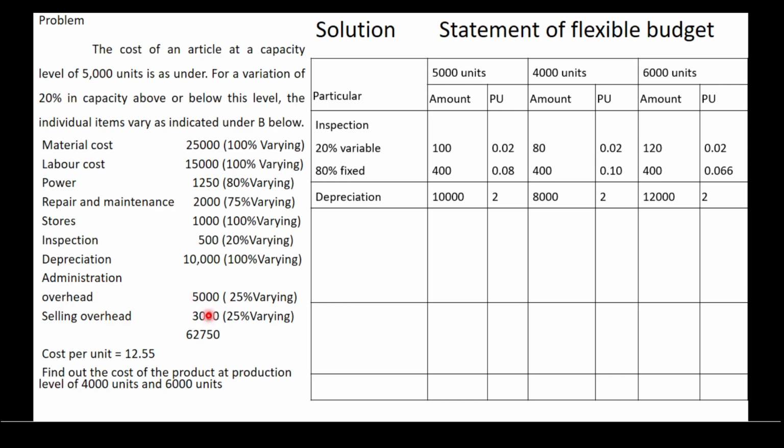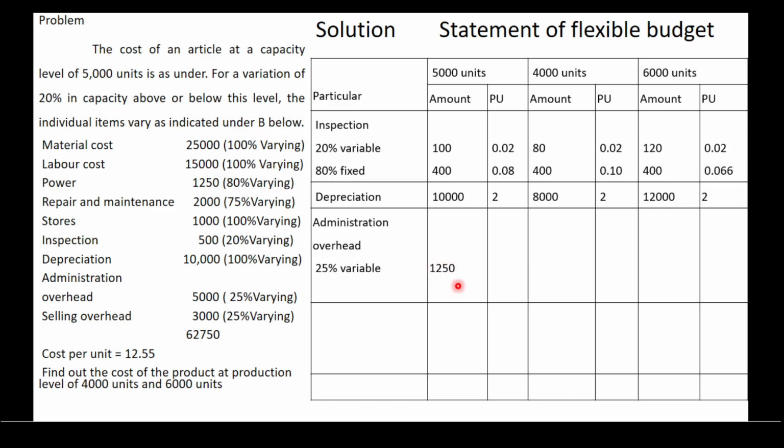In this 5,000 rupees, 25% is variable and the remaining 75% is fixed. So here we enter the administration overhead. First we take the variable cost, that is the 25%. So here it is calculated as 5000 into 25 divided by 100. So now the variable amount for the 5000 units is